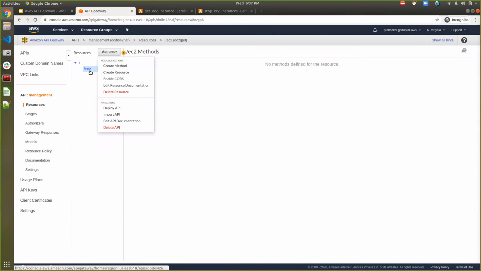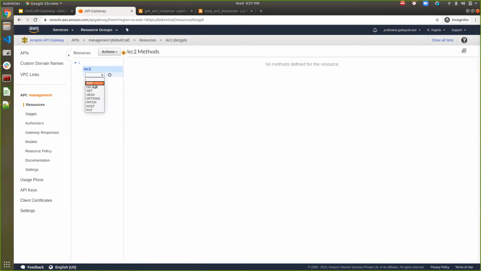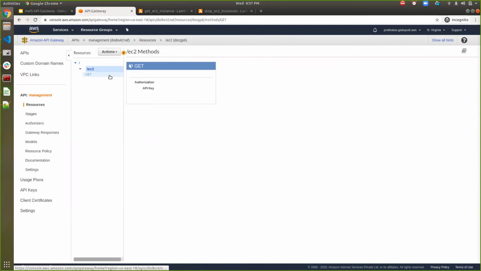One of the APIs is EC2, and I can go to create a method. Inside this method, I'm going to use a GET method here, and copy that method, paste it.